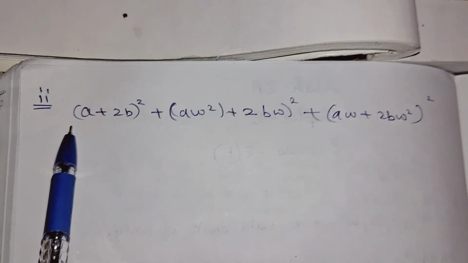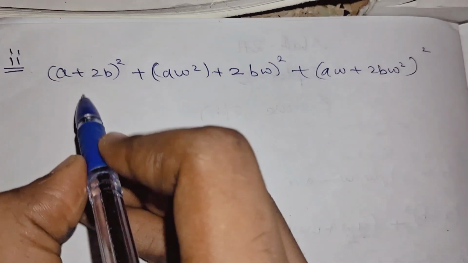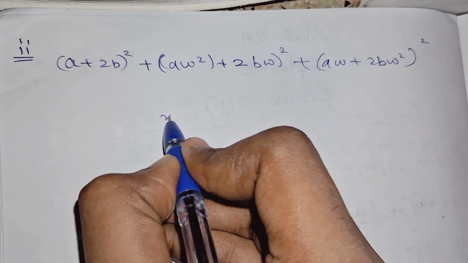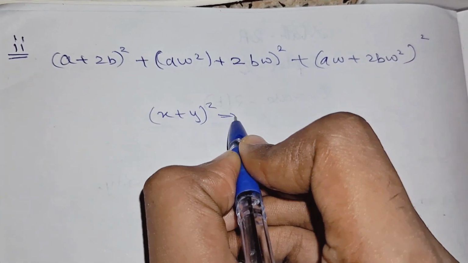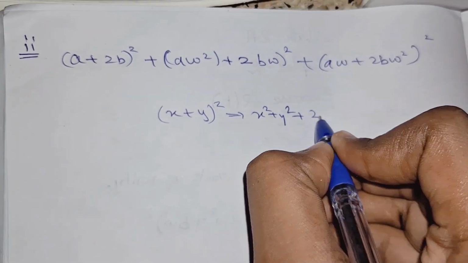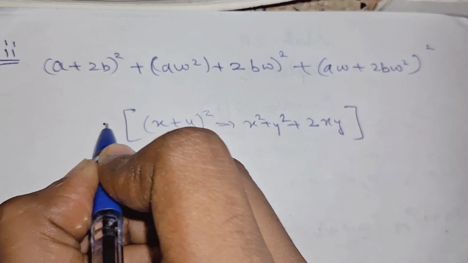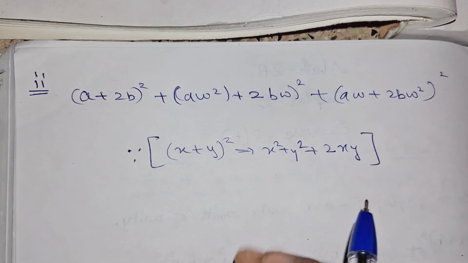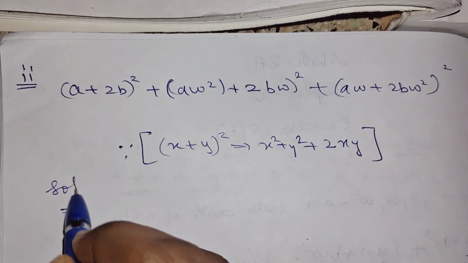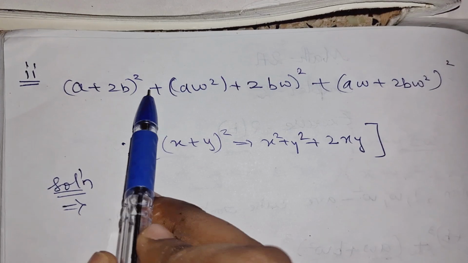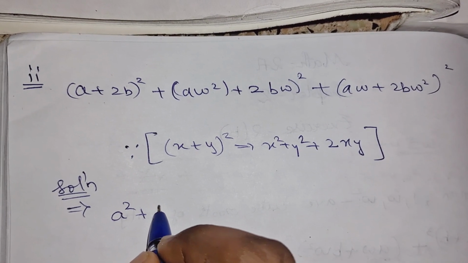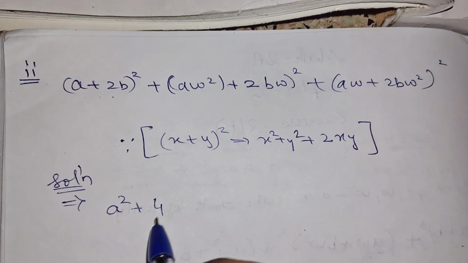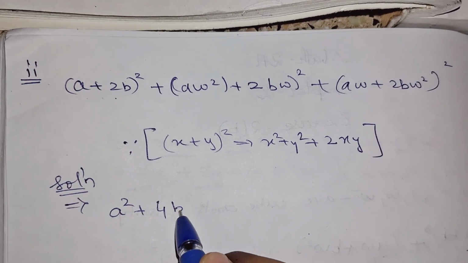The second question of the 6th bit is this. Now here we have to apply the a plus b whole square formula, that is (x plus y) whole square, which is equal to x square plus y square plus 2xy. We know this formula, we will use it to solve each term to get the final answer. So the solution is nothing but (a plus 2b) whole square can be written as a square plus b square,